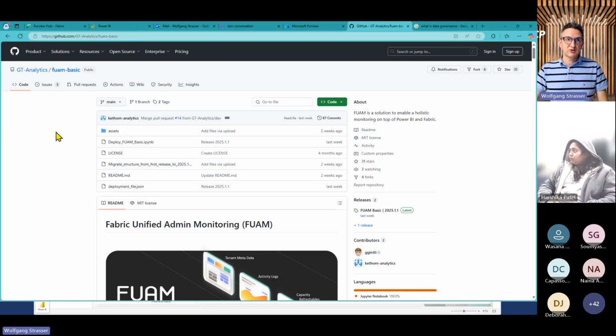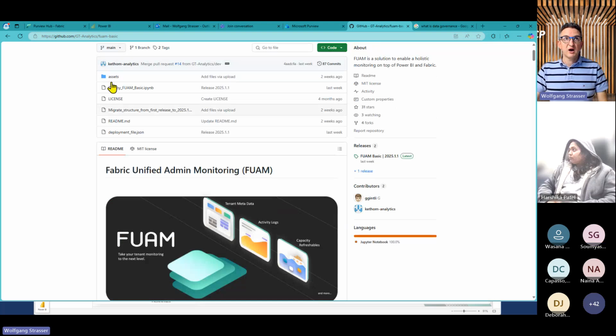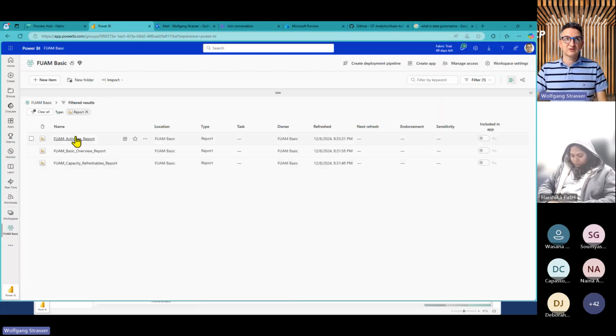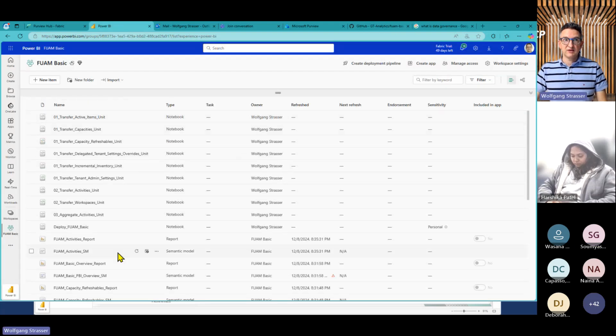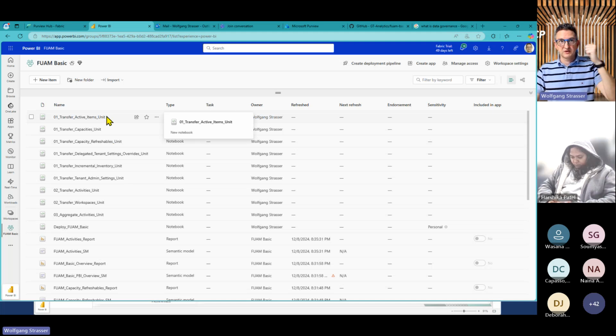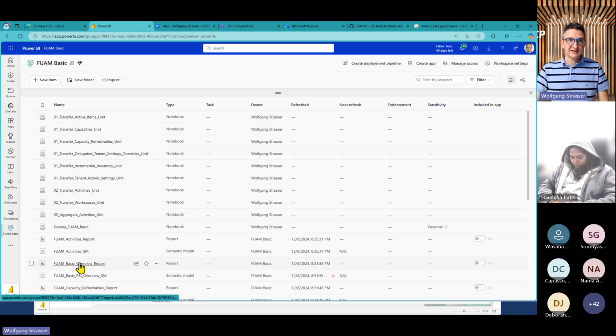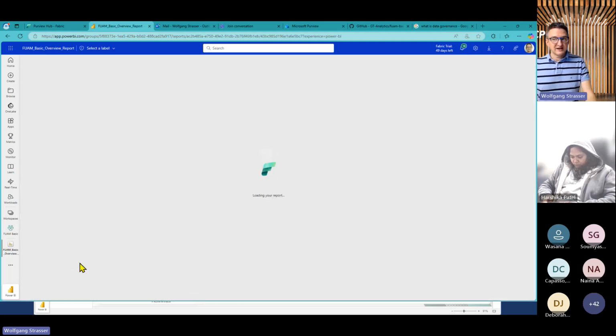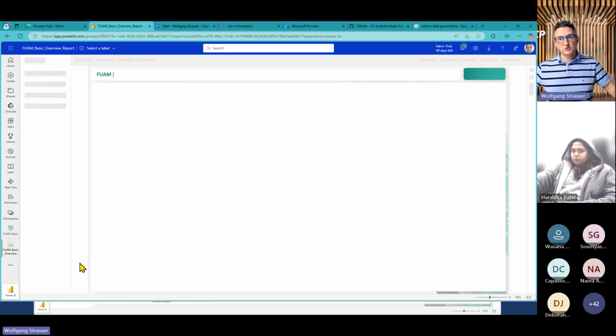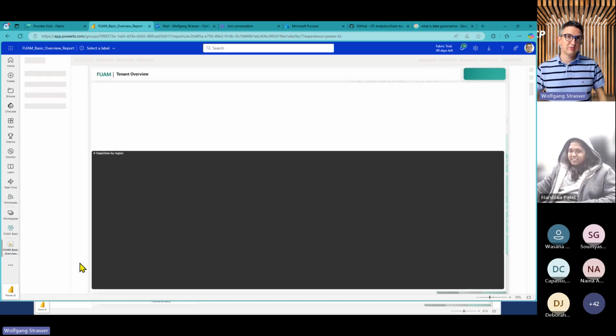And in that GitHub repo, you find a notebook. And that notebook contains everything and the README steps, how you can start and integrate everything that you need for a comprehensive monitoring of your Fabric environment. So that notebook installs the notebooks, the pipelines, the semantic model, the Power BI reports. And what you get at the end, it's really nice, because you get the graphical overview of your Fabric environment.